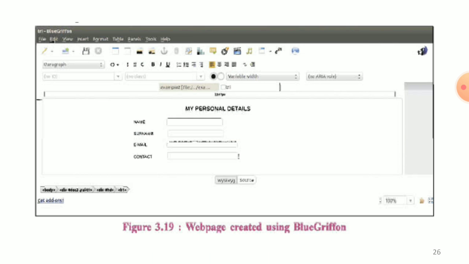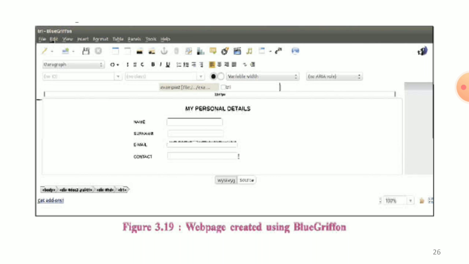And the next, figure 3.19, web page creation using Blue Griffon. Blue Griffon is another free open source WYSIWYG HTML editor. It can be easily downloaded from www.bluegriffon.org. It supports languages like English, Dutch, German, Chinese, and many more.